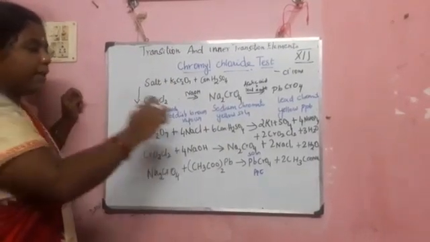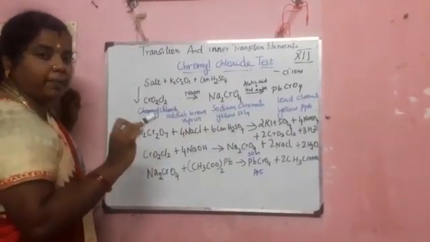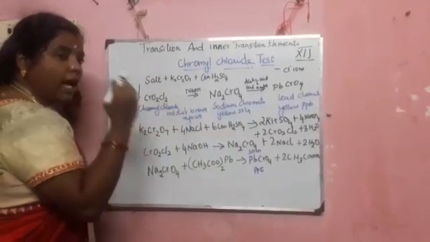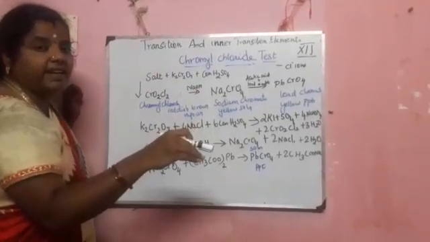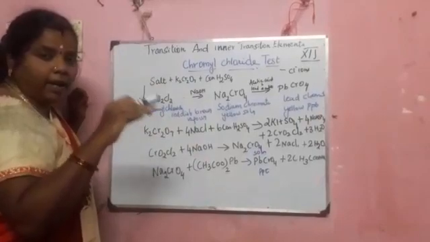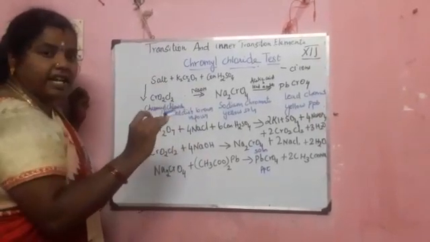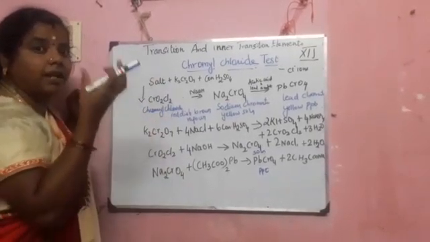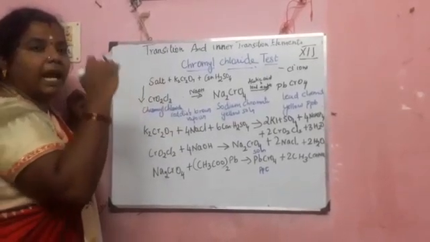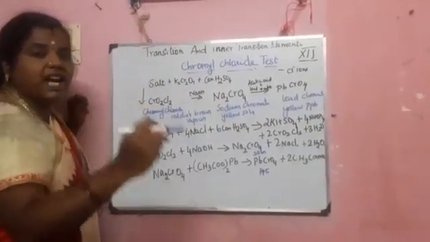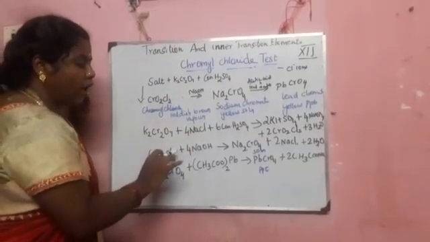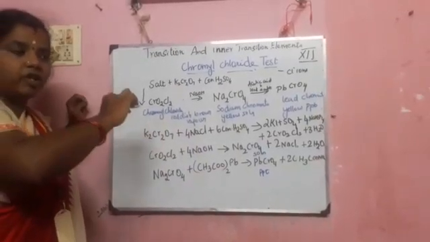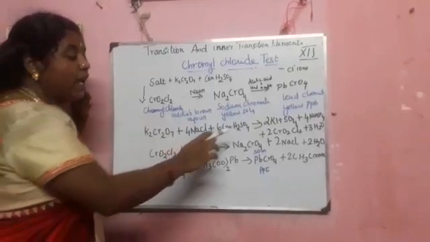Then afterwards you pass those vapors, which are chromyl chloride, over into another test tube which contains sodium hydroxide. Am I clear for you? First you have to treat it. If you heat it and it reacts, you get dense fumes of red orange vapor. Those red orange vapors are transferred into another test tube which contains sodium hydroxide. Then sodium chromate will be formed, as the red orange vapor reacts with the sodium hydroxide.